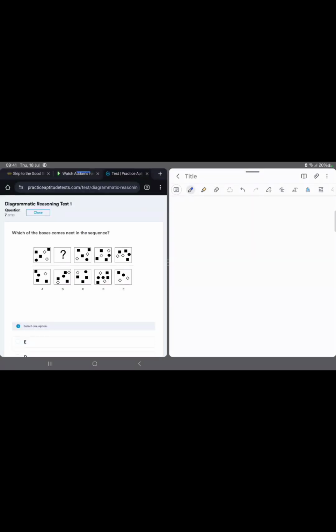Okay, so in this next question we have 6 shapes: 1 circle which is shaded, 3 squares that are not shaded, and 2 other squares which are not shaded. Okay, so looking at our solutions, we need to determine what will be in this box that has a question mark. And then looking at the options that we've been given,